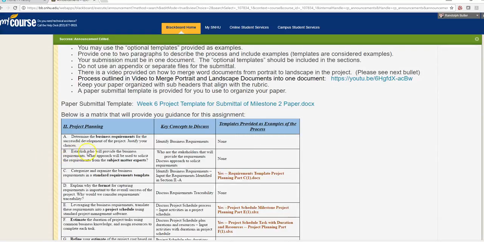And B, establish who will provide the business requirements, what approach will be used to solicit the requirements from the subject matter experts. Here you're talking about who are the stakeholders that will provide the requirements. So specifically, you want to,